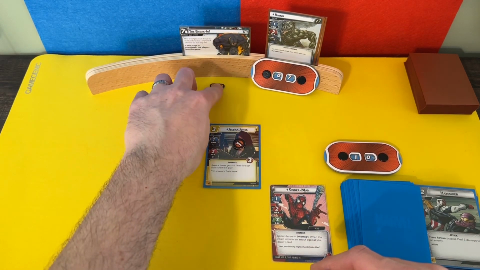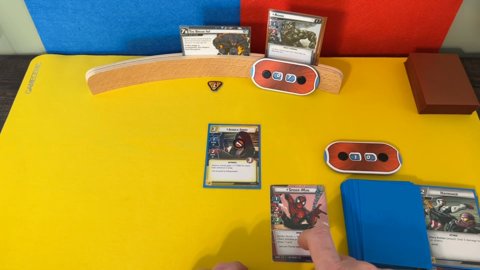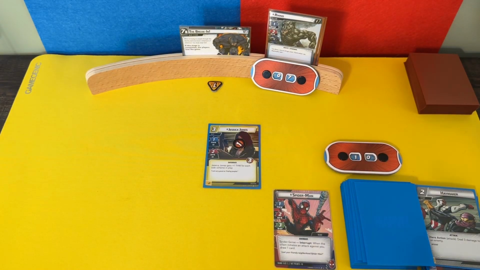So the break-in gets 1 threat to add to the scheme there, and then Rhino is attacking Spider-Man for 2. Now when Spider-Man gets attacked, he gets to draw a card. So let's see what that's going to be. We got a surveillance team, so more threat management. And now Spider-Man has a really good defense card, backflip, but we didn't draw it, so I just have to